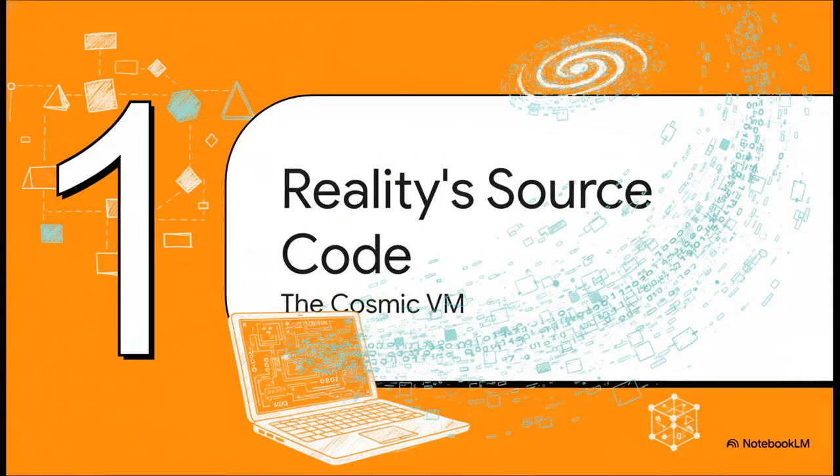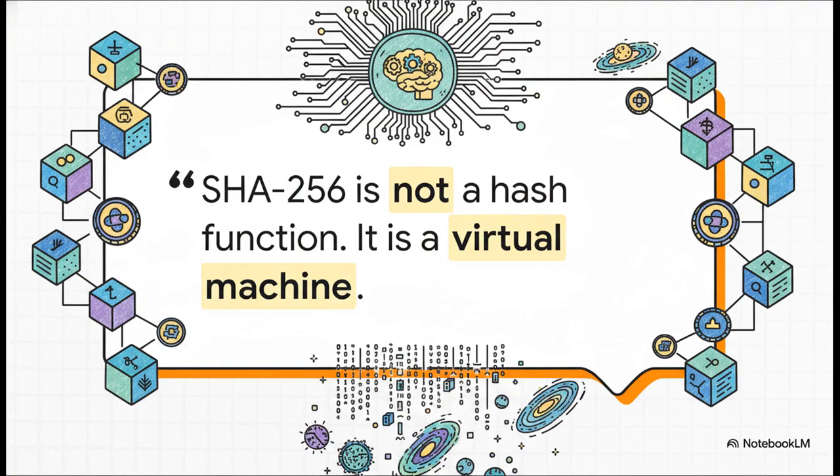Okay, so let's get into the first big piece of this puzzle, reality's source code. The main idea here isn't that the universe is like a computer. The argument is that it literally is a computer. And at the deepest, most fundamental level, reality is just a program being executed step by step. This claim right here is what supposedly unlocks the entire model.